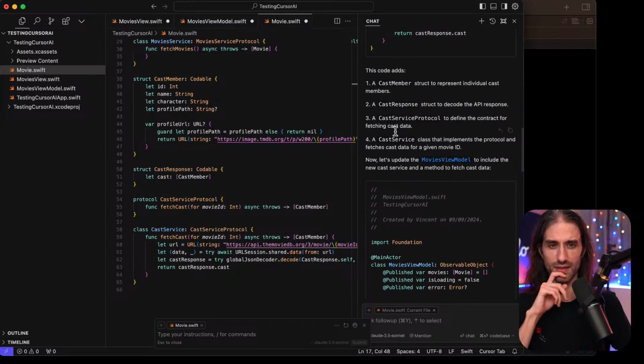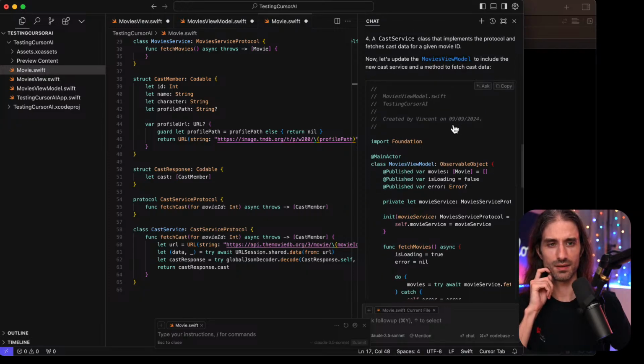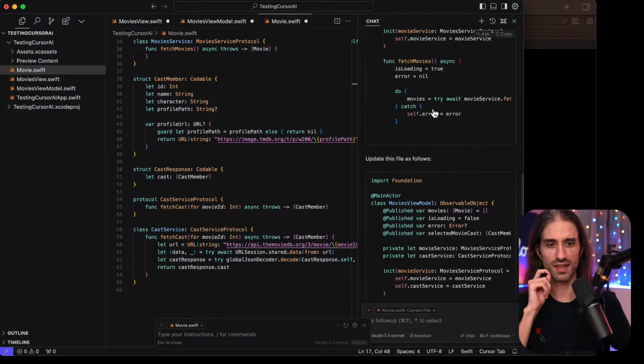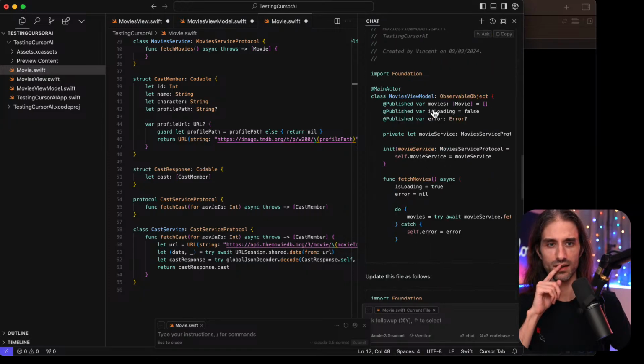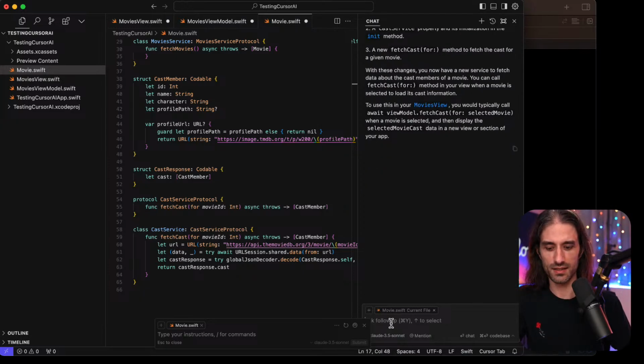These code additions also explain what they do. And now let's update the movies view model to include the new cast. Actually, I want to create a new movie details view model. Let's see what it's going to do.